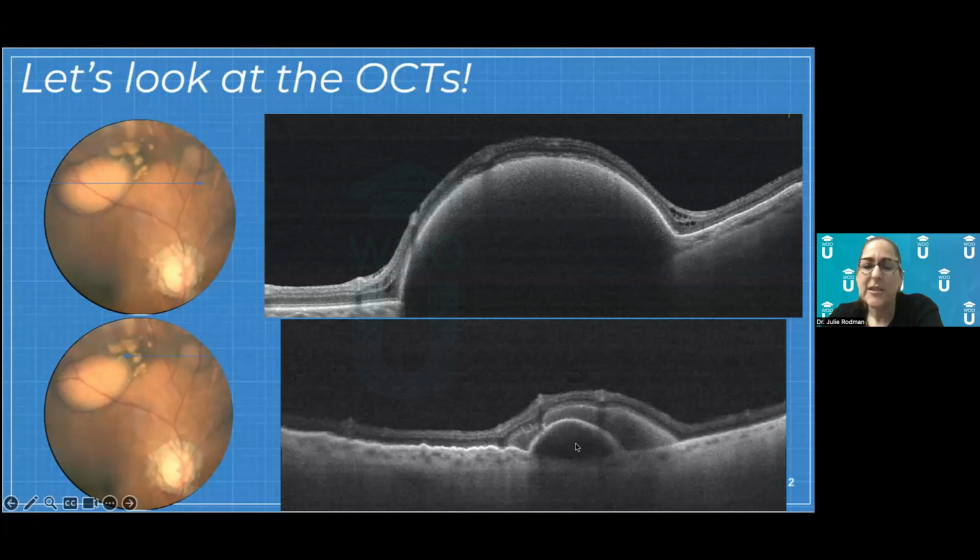And this PED looks a little more black in coloration. So this one's possibly serous. And then above it, we have what looks like another little detachment of some sort. This is a neurosensory detachment, a separation of the neurosensory retina from the underlying RPE. So a lot of fluid, a lot of layers involved. But what's the diagnosis, right? So what would cause an abnormality that would present in this fashion?